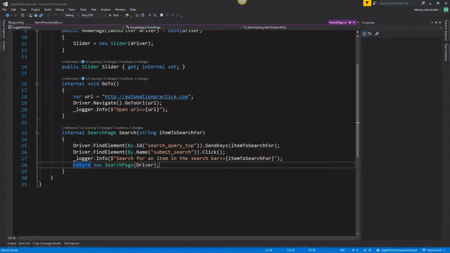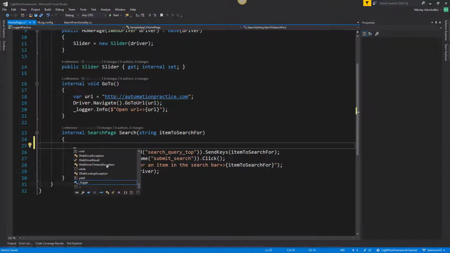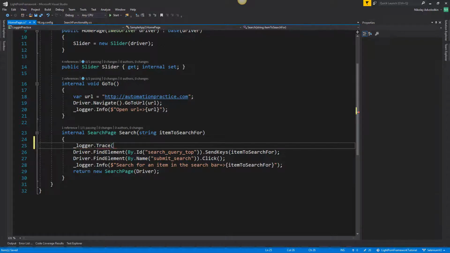And a lot of times it's also very useful for almost every functional method to have an info step. You have two options, and it depends on how you want to do it. You can put an info logging step before the method starts. Maybe I would recommend there you do something like a debug or trace, where it will tell you that you have entered a certain method. So for example here, maybe we can do something like logger.trace. And actually trace, yeah, we can do trace. And then that will say here,